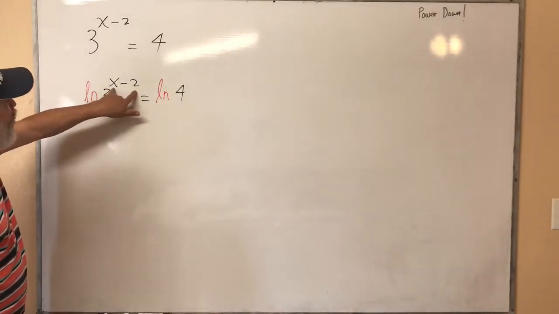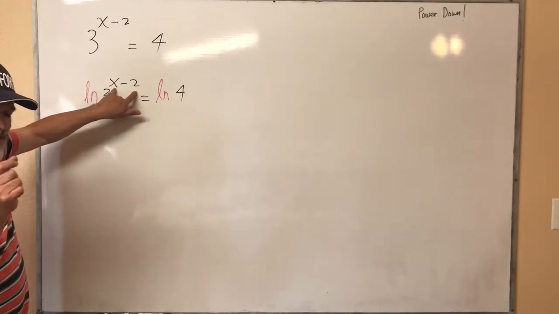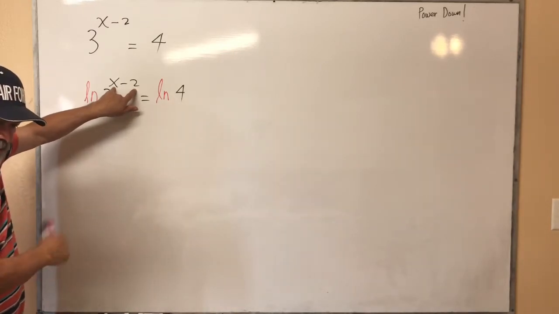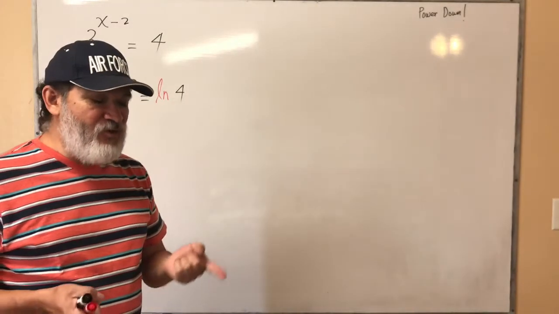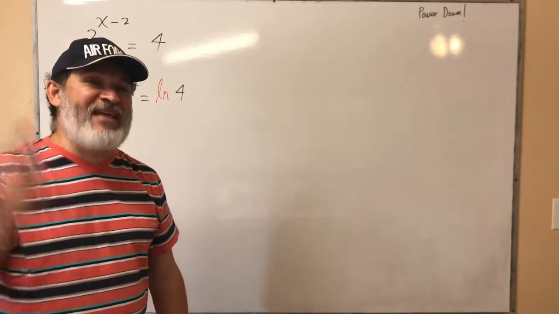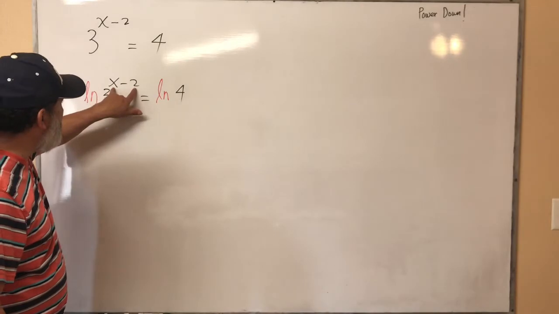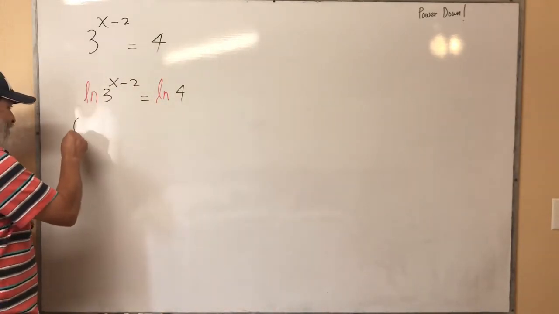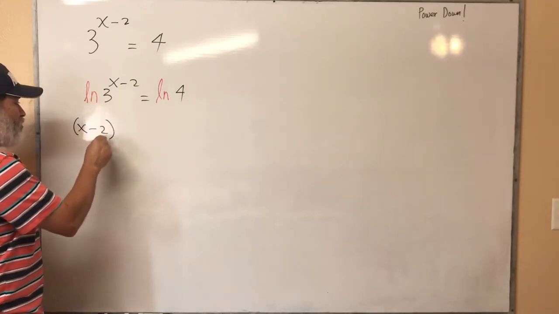When you bring it down, because these two are a binomial and they go together, you better bring it down within parentheses. If you do not bring it down within parentheses, you're gonna make a huge mistake. Power come down. So therefore, you better do this. Parentheses, x minus 2, close parentheses,